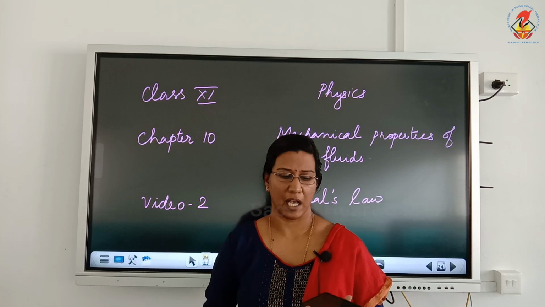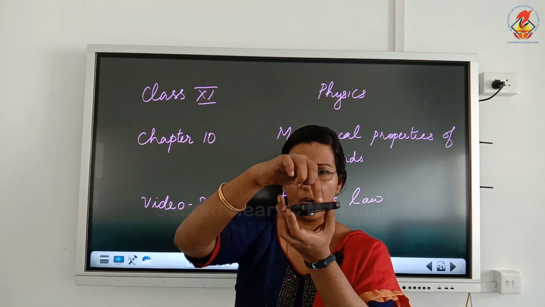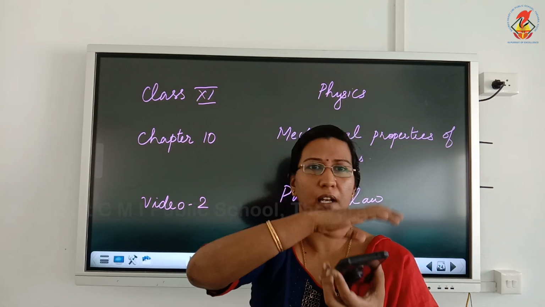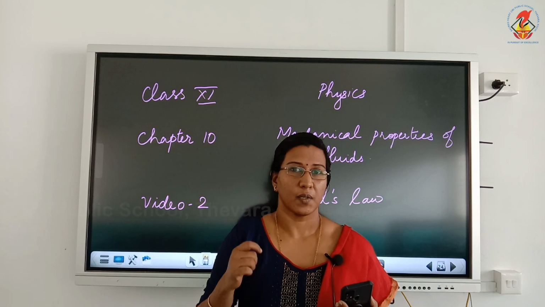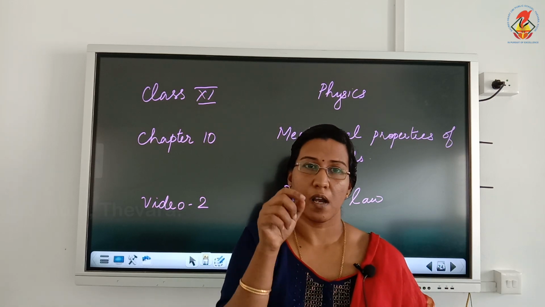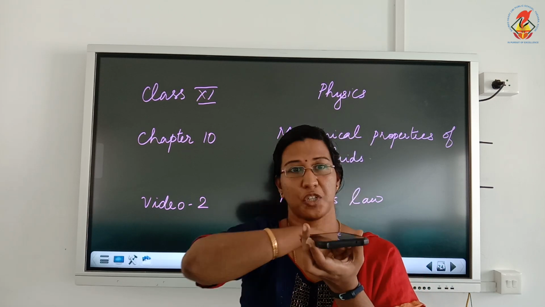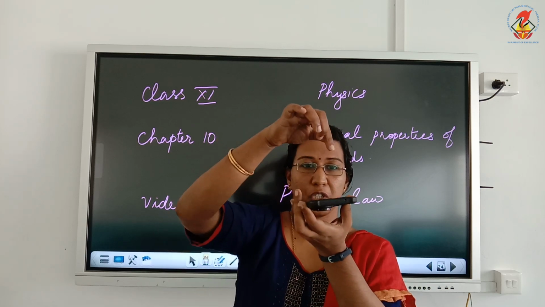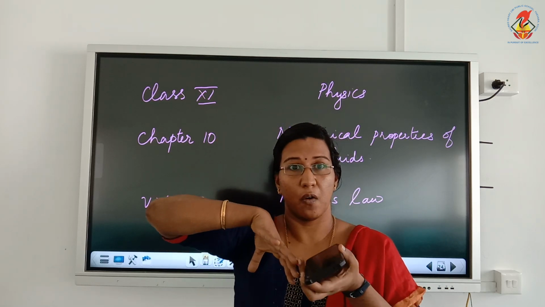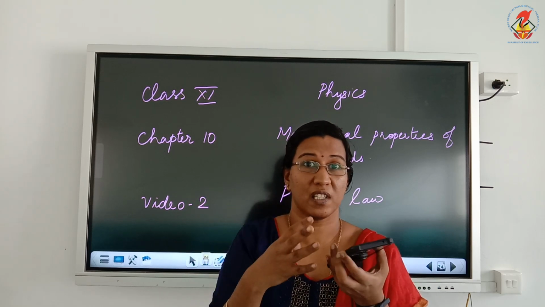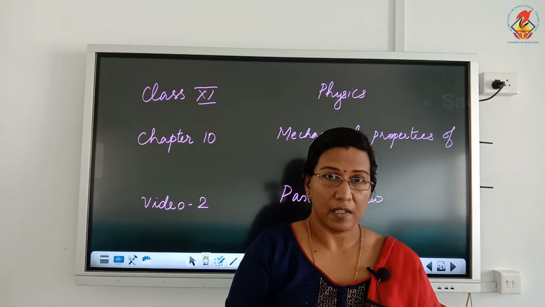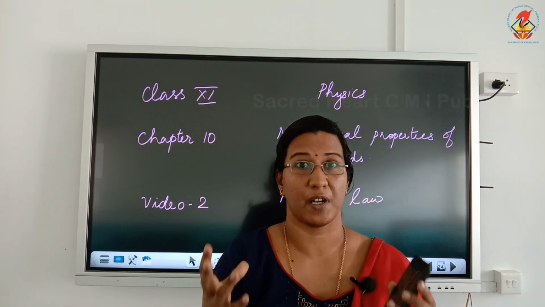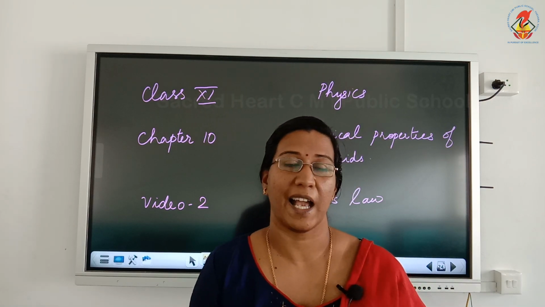Now suppose I am applying force at a particular point in the balloon, which means force per area is pressure. So if I am applying pressure to a particular point in the balloon, my question is, will the water coming through the holes near to the point of application of pressure increase, meaning the speed will increase, or if I am applying pressure to this particular point, will the water coming out of all the holes in the balloon be flowing with the same speed? Means is it coming out throughout the balloon? Does the fluid come out with the same pressure? Definitely the answer is yes.